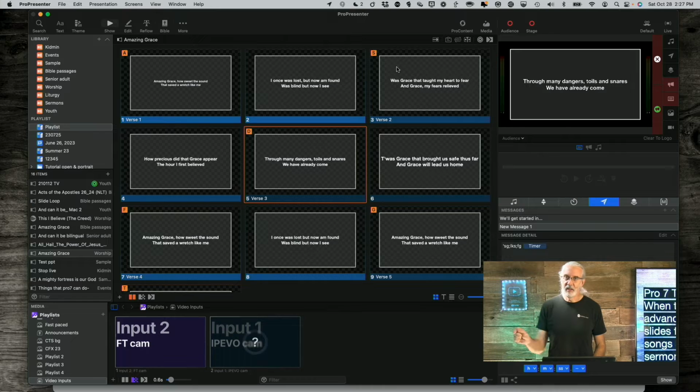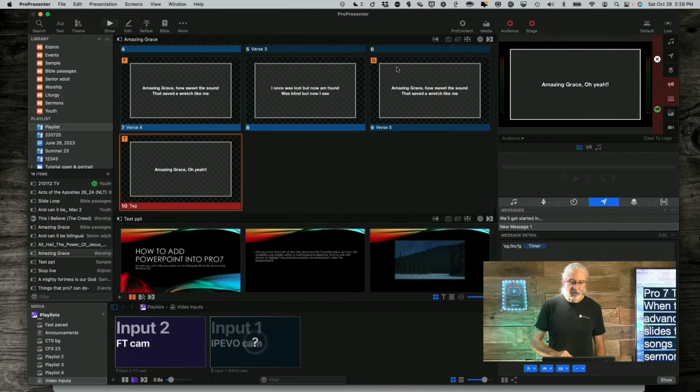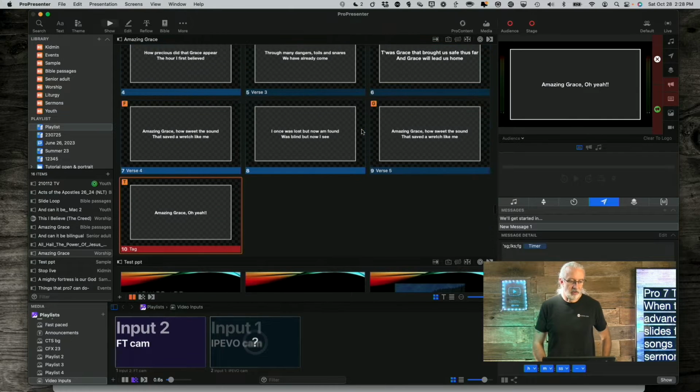If you accidentally hit the space bar or right arrow key one too many times, you can use the left arrow key to go back. Any of those things are helpful. And you can always type in the number of the slide and then enter or return, and it'll take you directly to that slide. So those are a couple of little things as well.